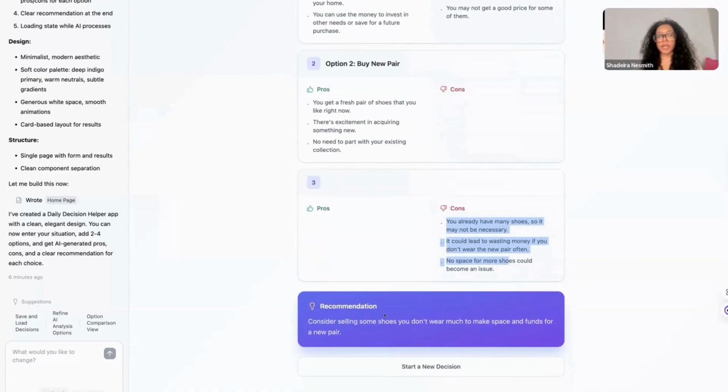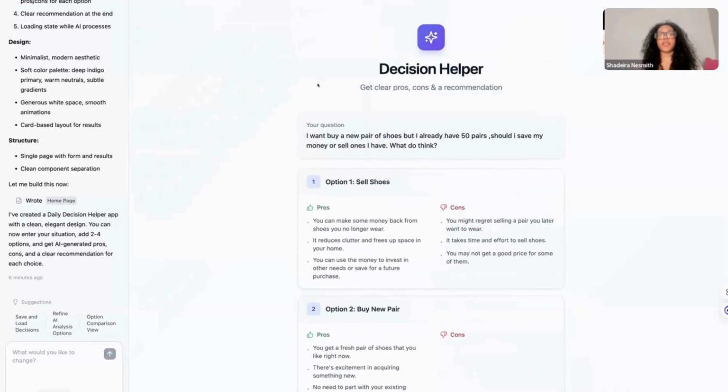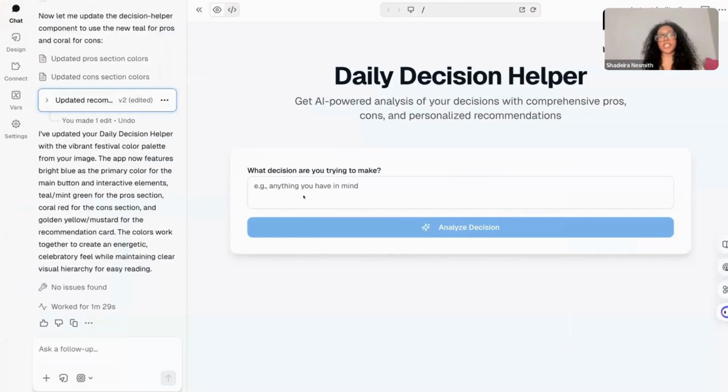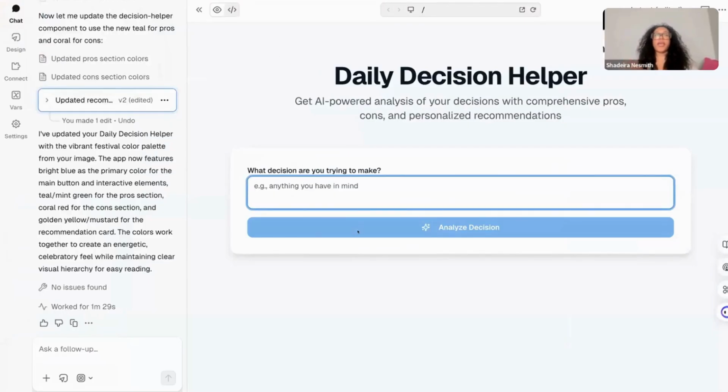So I'll put my cons down here for option two. And then it gave me the recommendation of consider selling some shoes you don't want to wear to make space and funds for a new pair. Okay, and then you could go into making it, and it says start a new decision, and you could just refresh this by starting a new decision rather than having to refresh the whole page. So as you can see, the recommendation is good, but if we think about the recommendation that V0 gave us,